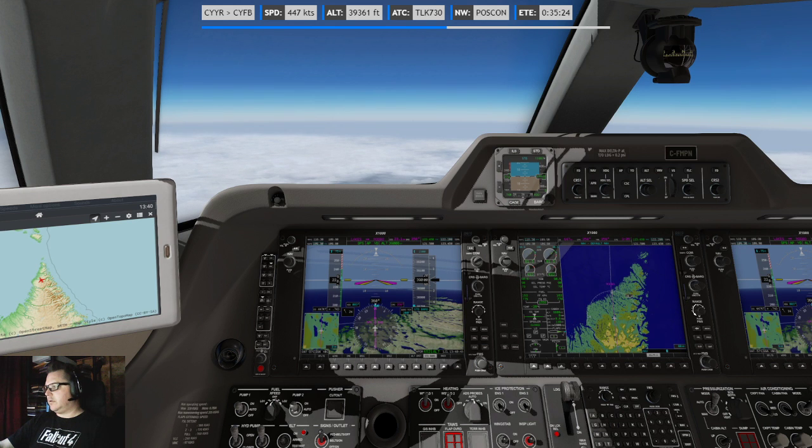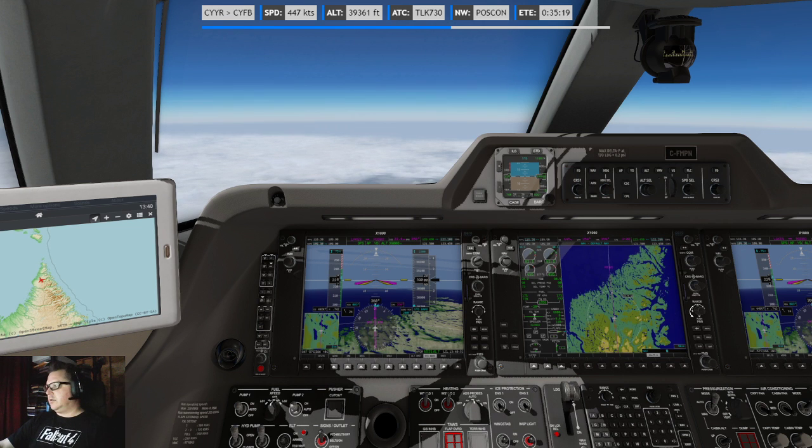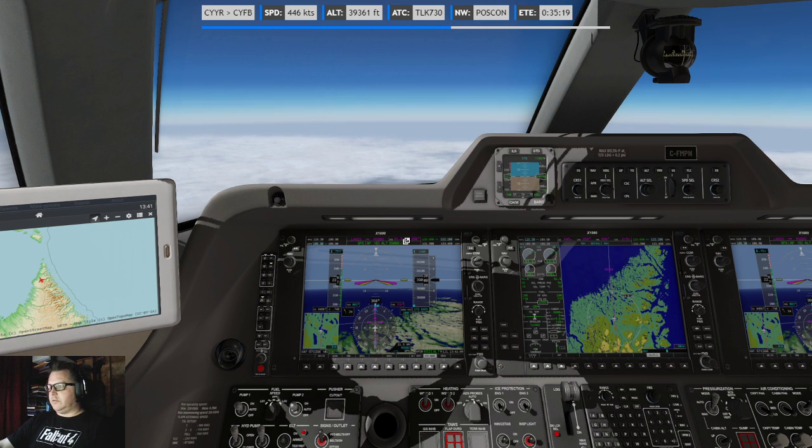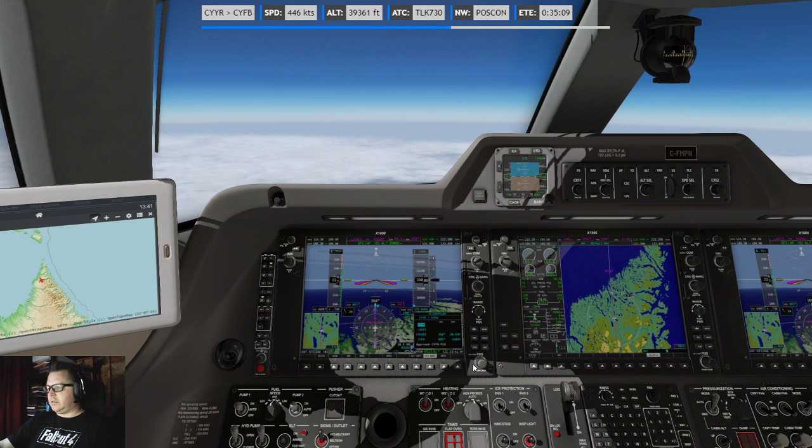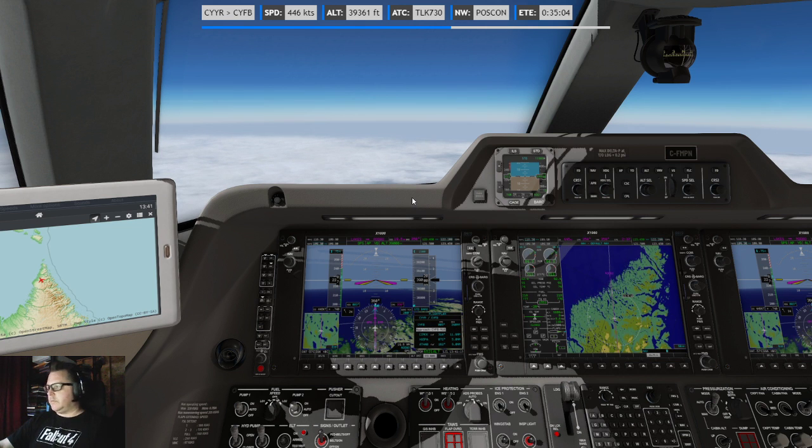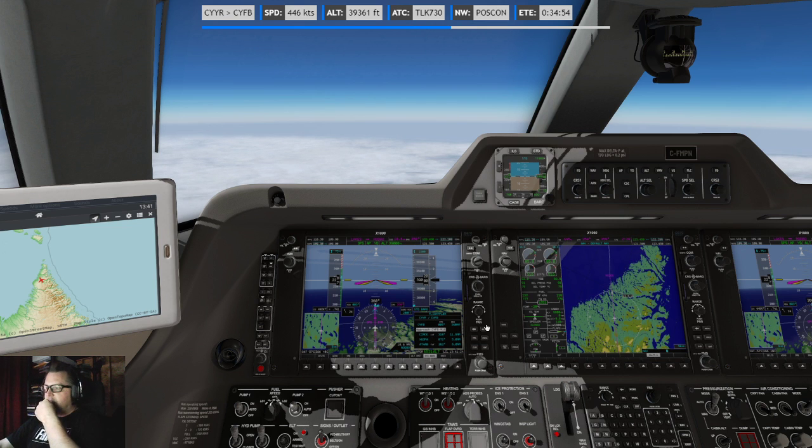All right, so zoom it out, and yeah, so let's go. I'm gonna need to see the waypoints everywhere. And flight plan. And I need to get on the approaches. So as soon as we've passed Rodbo, we hit the approach.